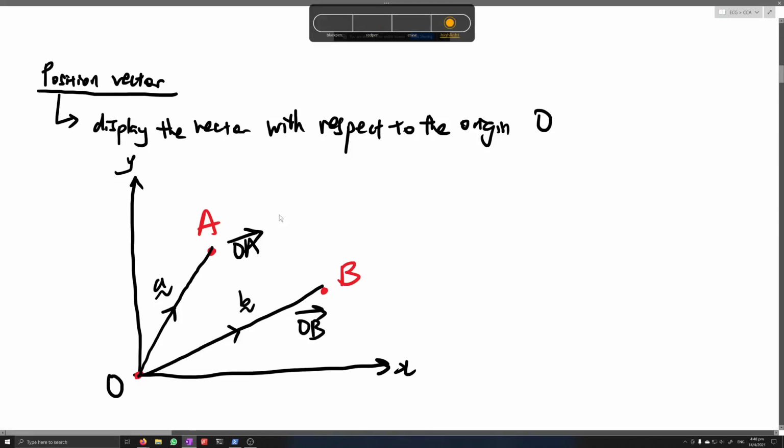So as long as you have this O over here, it means that you're representing the position with respect to the origin O, because O is one of the starting points. Okay. On the other hand, if we have a displacement vector,